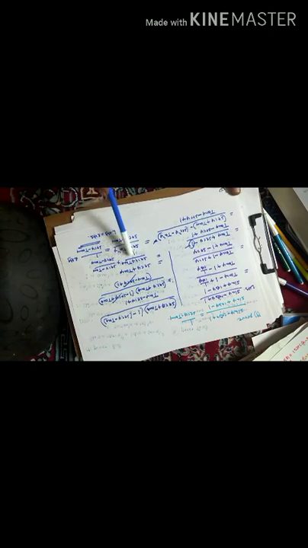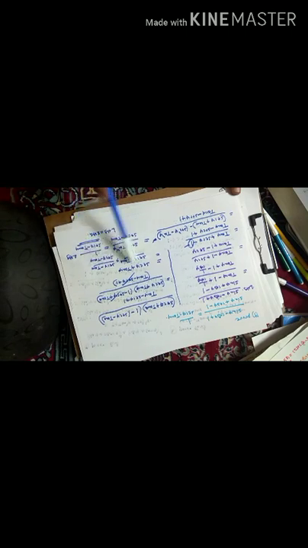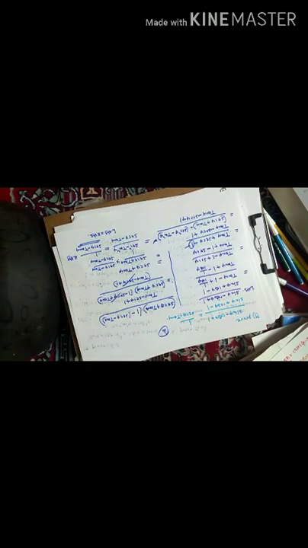You multiply both numerator and denominator with sec theta minus tan theta. Then what will you get? Sec theta plus tan theta and sec theta minus tan theta. This is in the form of a square minus b square. So that only I wrote here, sec square theta minus tan square theta by sec theta minus tan theta. This value is equal to 1 by sec theta minus tan theta. This is the RHS. So it is a 4 marks question. It is very, very important. You copy this question.